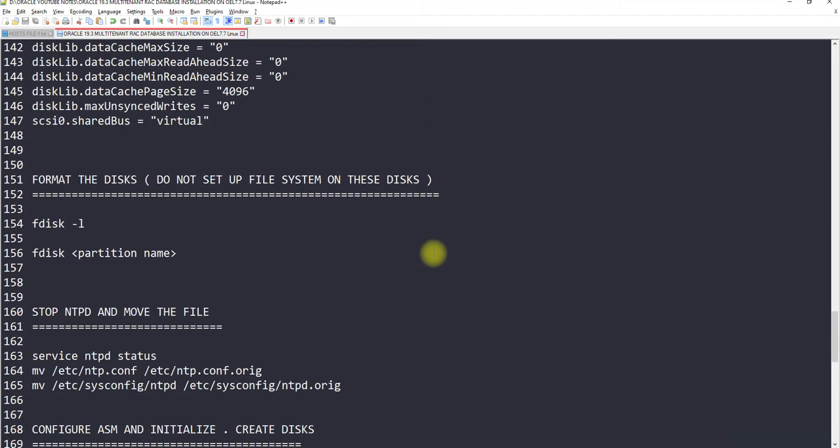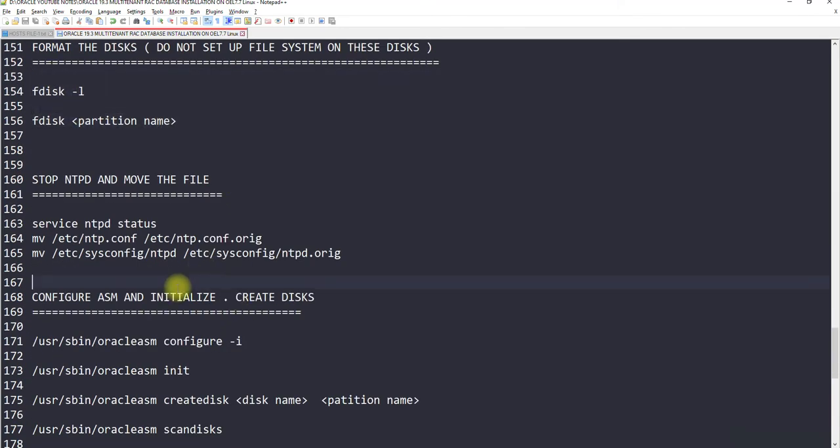Then we have set up the disk. Let's check the NTPD status. Okay, this is very much required because the nodes must be in sync. You need to make sure the NTPD service, that is the OS level service, has to be stopped, or else if the nodes are not in sync, the node will be evicted. The other nodes will think that the one node which is not in sync is actually having issues, and it's not, they are just not able to communicate with each other. The node will be evicted and the node will keep on restarting. Okay, you don't want that.